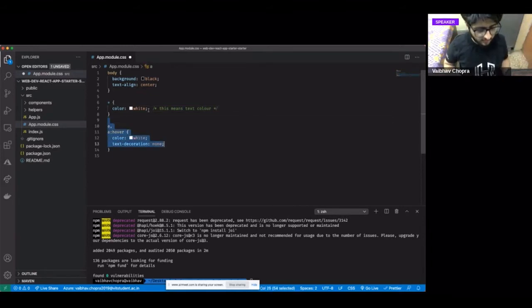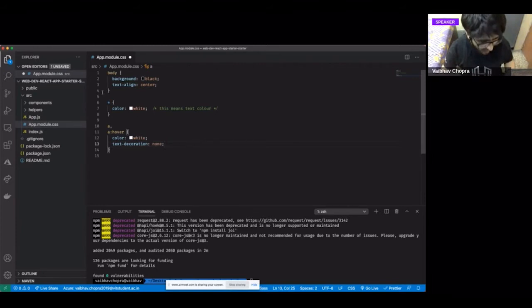And the anchor tags. Anchor tags are basically those links which you get, those blue links which you click. They are blue by default in most web pages, but I don't want blue links. So I will make them white, and they get underlined by default, so this text-decoration property removes that underline. These 15 lines are kind of a primer to my code.